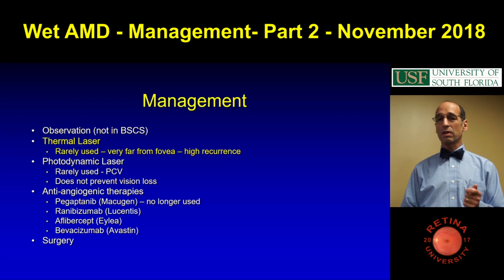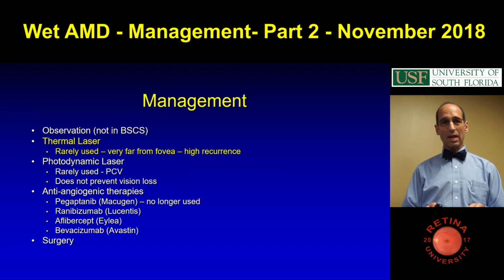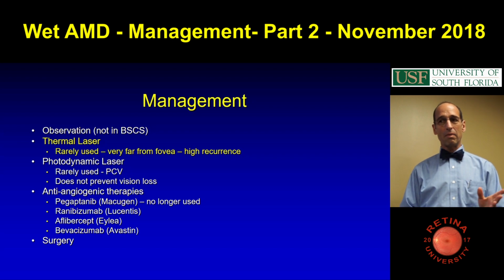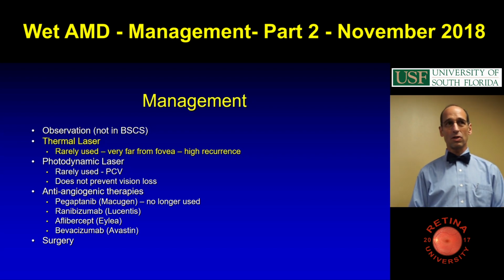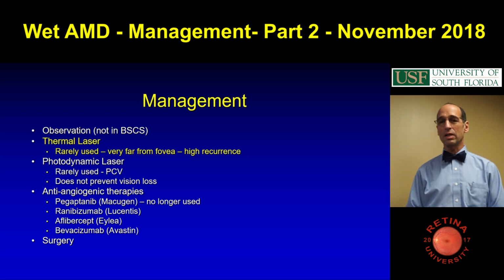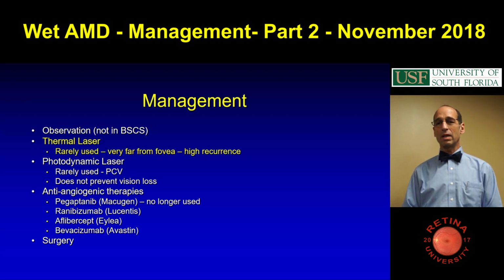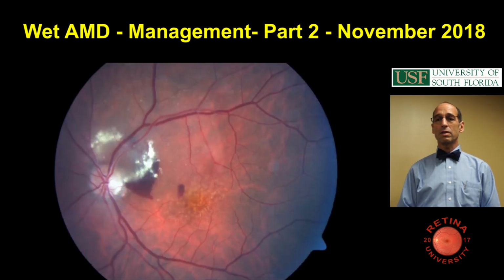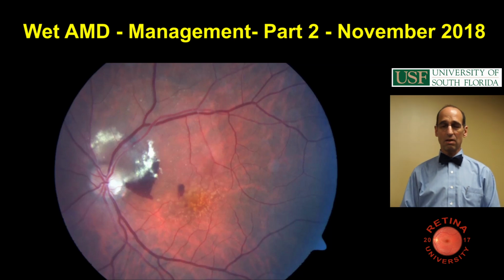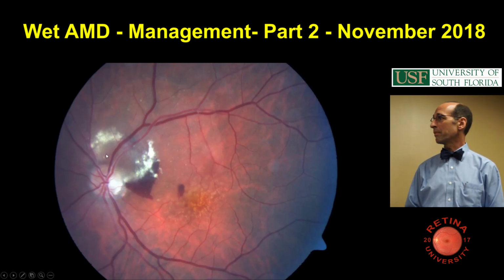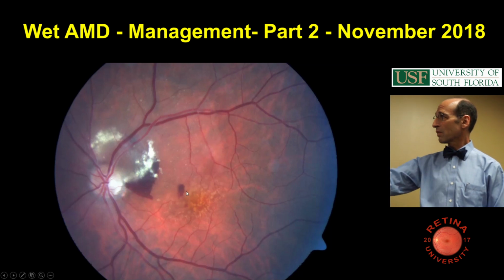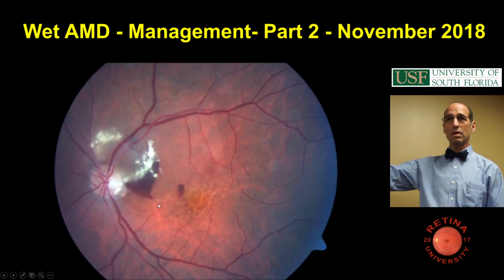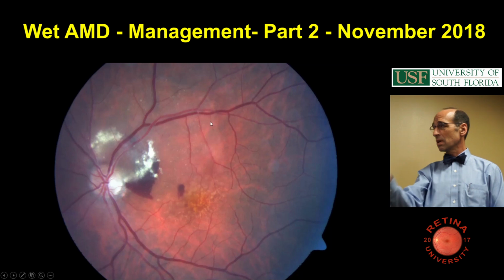So then thermal laser is possible but not common. I have to say, in the textbook they do have the Macular Photocoagulation Study, which I think is so old and historic it's almost like leeches. But the Macular Photocoagulation Study showed that in rare cases, laser is appropriate. This was an 85-year-old patient I saw about 5, maybe 8 years ago, who had this juxtapapillary membrane. You can see there's subretinal fluid. You see the hemorrhage, just nasal. So this person had an exudative detachment,